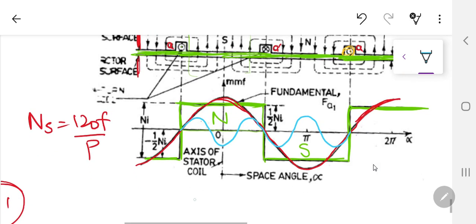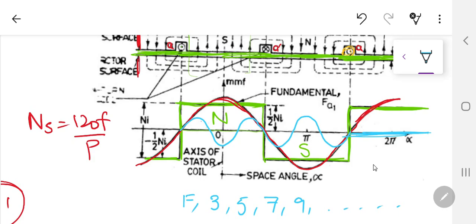For just at present, you are going to have the first, which I can call the fundamental. Then I'm going to have the third harmonic, the fifth harmonic, the seventh harmonic, ninth harmonic, and so on. Why are there no even harmonics? Please remember one simple rule: whenever there is a waveform which is symmetrical with respect to the x-axis, here the green color waveform, it is symmetrical with respect to the x-axis, so it is not going to have even harmonics.